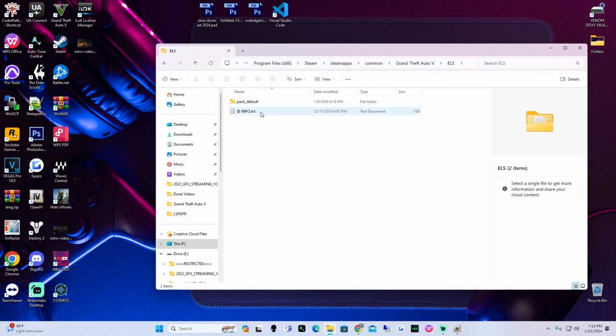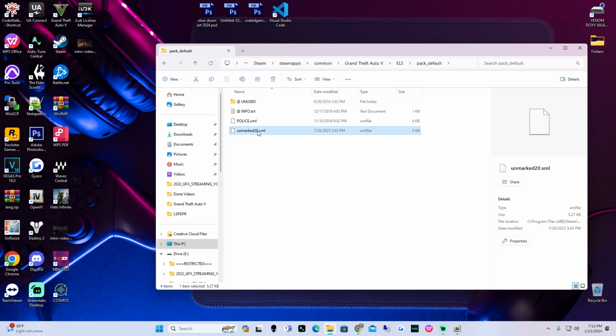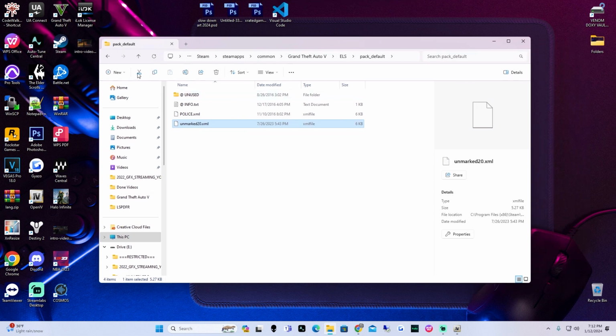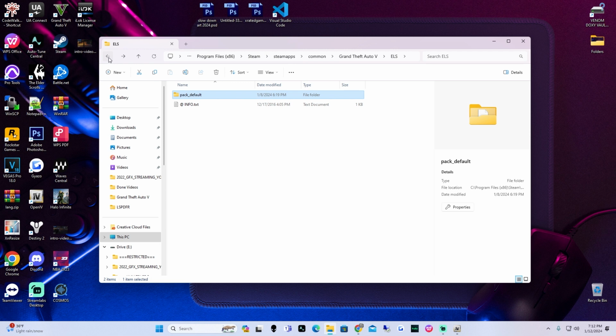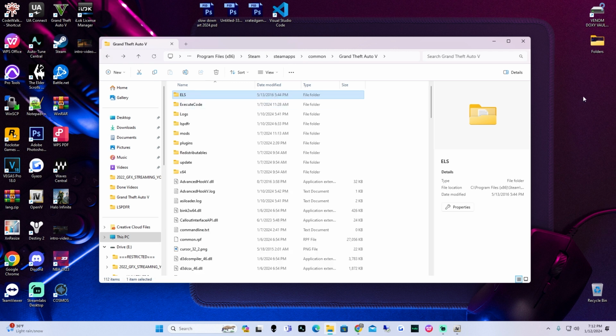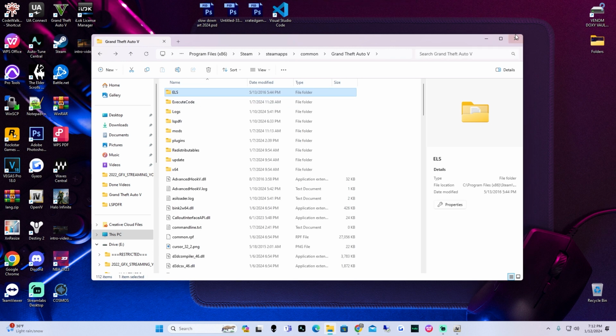Okay, so inside of ELS, we're going to go into pack default. And inside of pack default is where we put our XMLs. As you see, my unmarked vehicle's XML file is inside of pack default. Okay, that's how you get the lights to work. So we're going to go back one more, back again. And now what we're going to do is we are going to